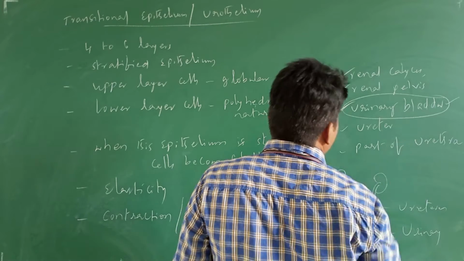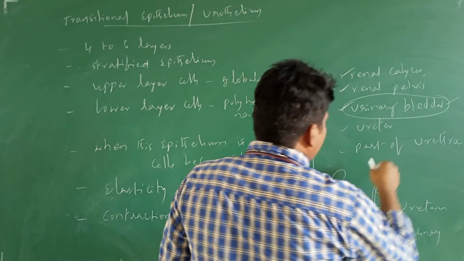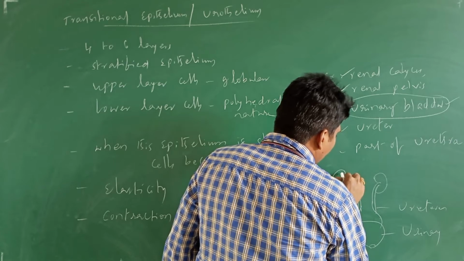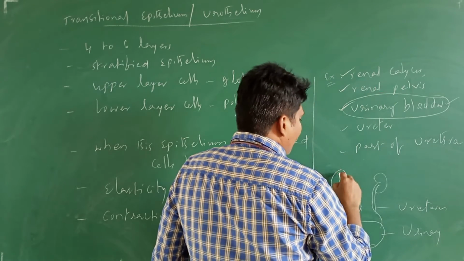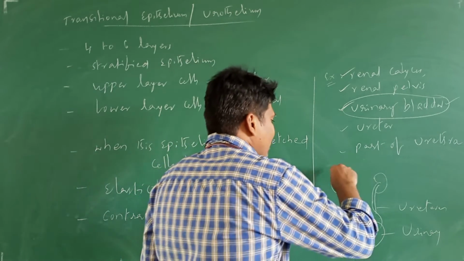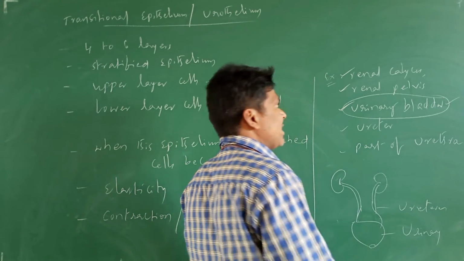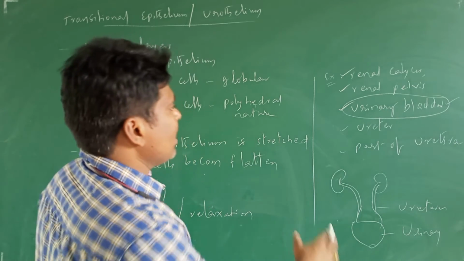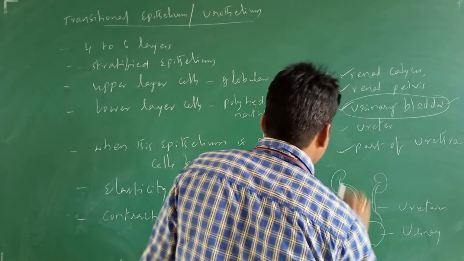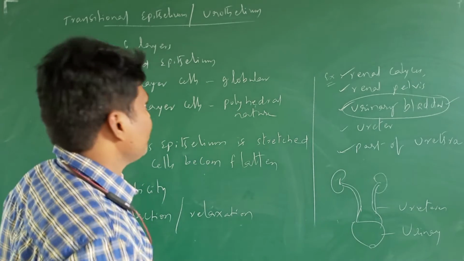Like that, the renal pelvis and renal calyces are in the kidneys. In this region, we call it the renal pelvis. Next, the renal pyramids you studied in lower classes are located in what we call the renal calyces. We will study all this in the excretory system very clearly. For now, just try to remember.